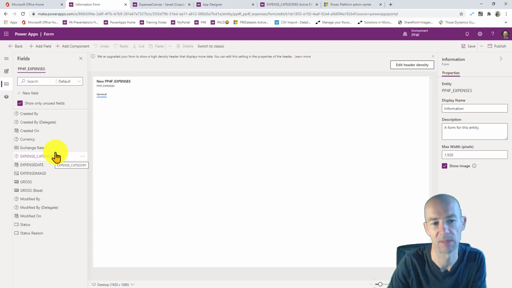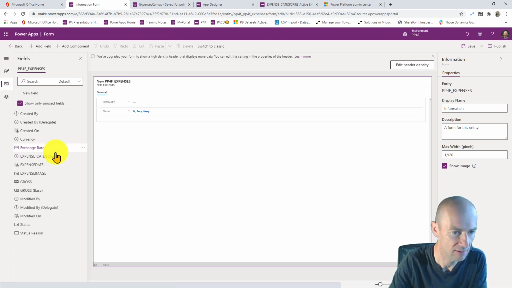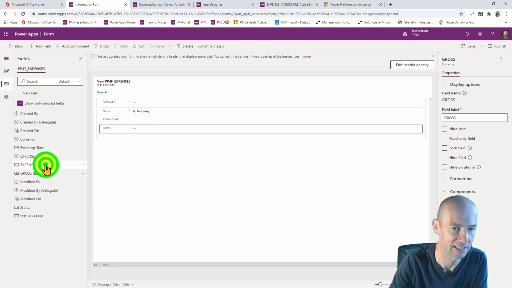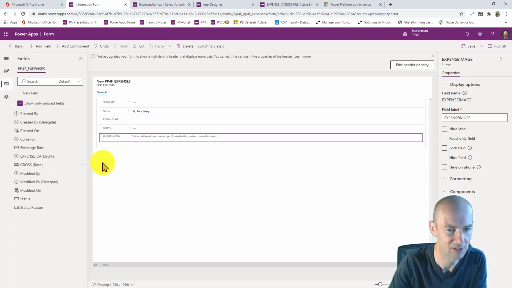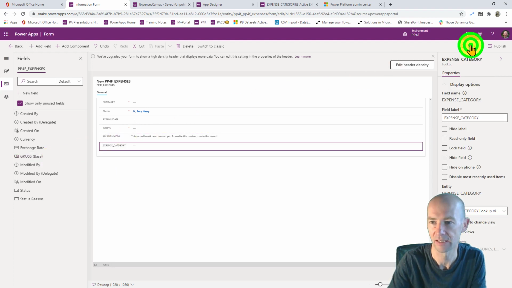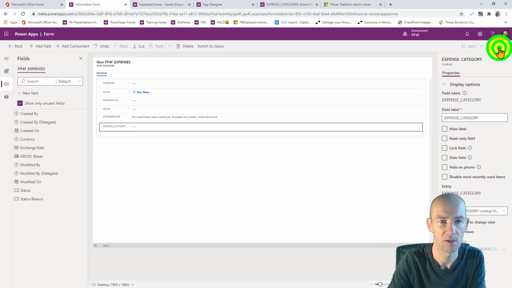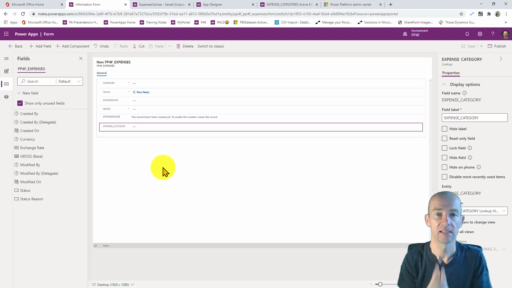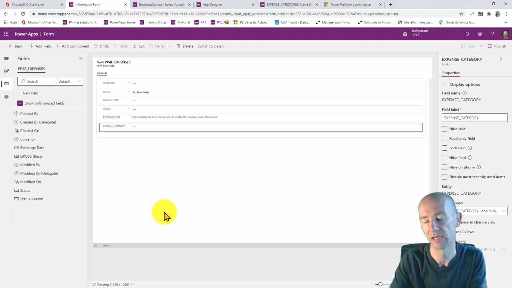Now we did create some expense categories, but actually I haven't created this form at all, so I'm going to do expense date, expense gross, expense image. I'm not quite sure that expense image is going to work yet. That's fine. And I am definitely going to put expense category, so that means I can go save and I can go publish. And we now have an expenses entity. However, the expenses entity is not in our